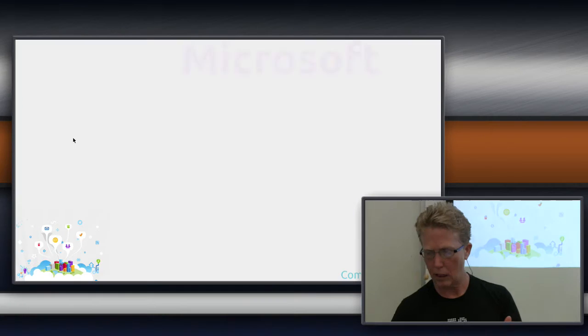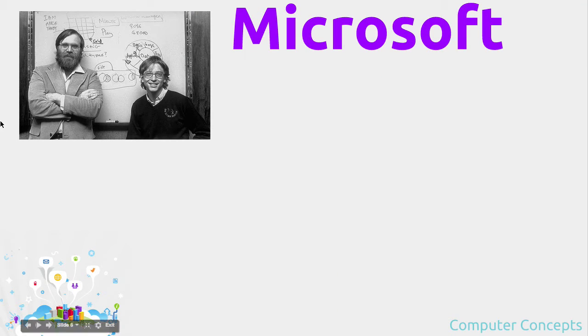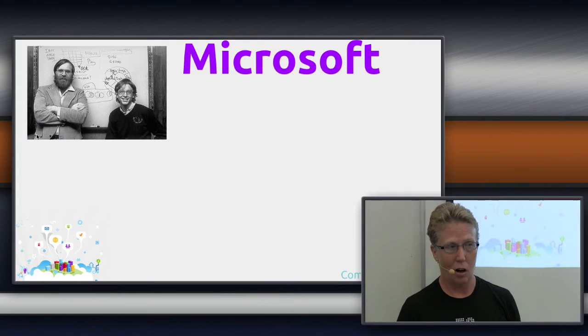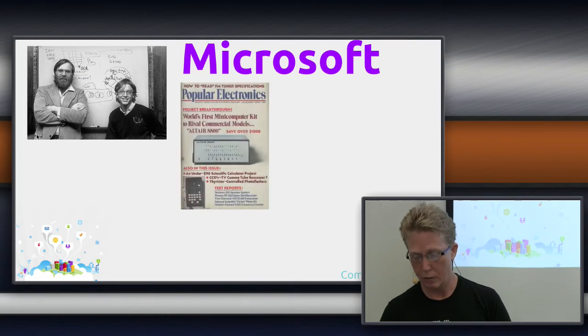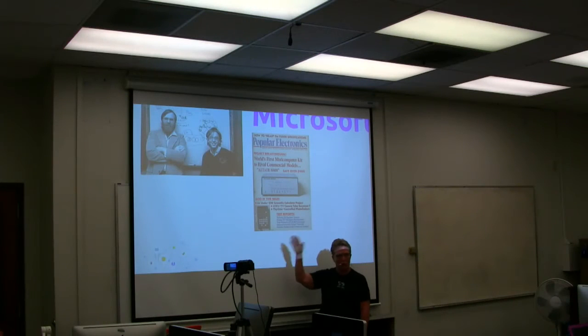So now we've talked about Apple, we've talked about Xerox, let's talk about Microsoft. So here's a really young, and again, not as young as the other one, but this is Paul Allen and Steve Jobs, really the two guys that quit Harvard. And here's why they quit Harvard. When they were at Harvard, this magazine came out, Popular Mechanics, and there was this Altair system, and it was basically one of the first computer kits that you could buy, but it had no software, none.